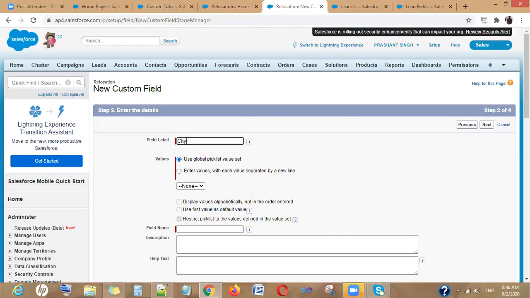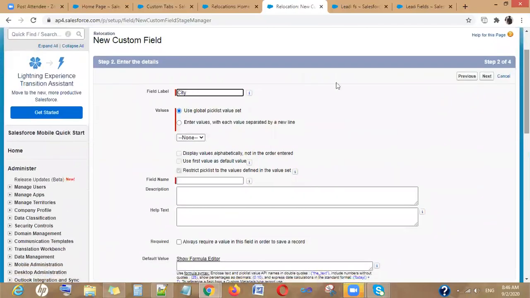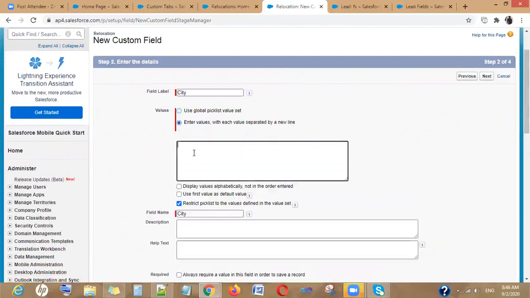So this is the label I have provided, and I have to provide my own values here. So I'm providing the